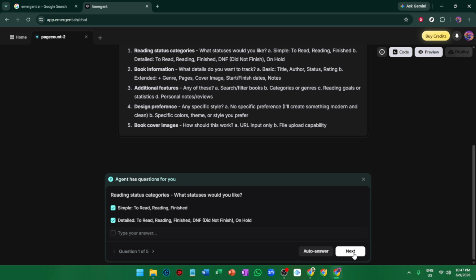Once you're happy with the final version, open the deployment panel. From there, Emergent will run a health check to verify that the app is ready, and then you'll be able to deploy it directly to their managed cloud infrastructure. This helps simplify the launch process and removes a lot of the technical friction that usually comes with publishing an